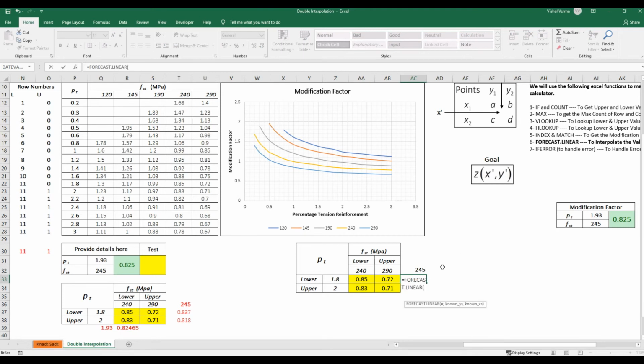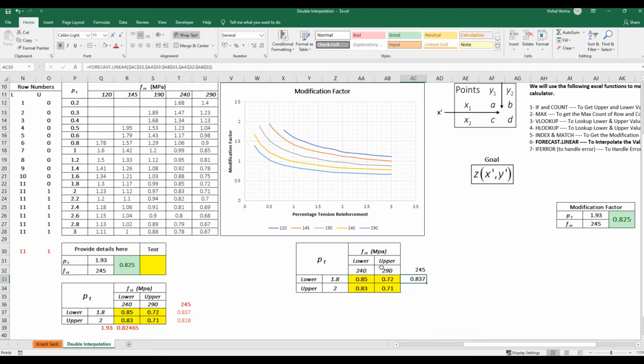What is x here? 245. Okay. What is known y's? This is our known y's. And what is our known x's? This is our known x's.